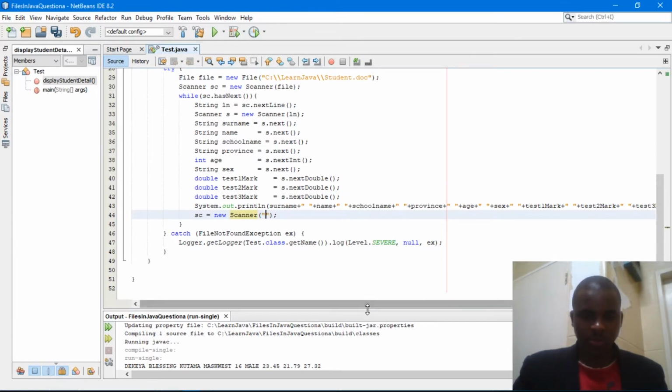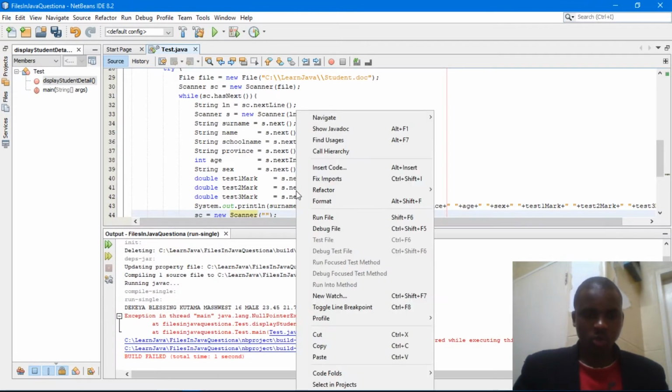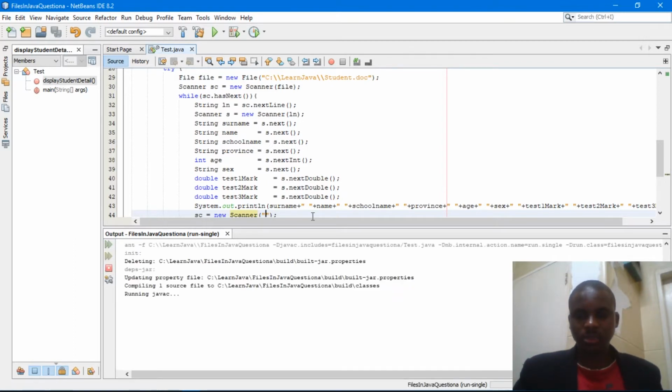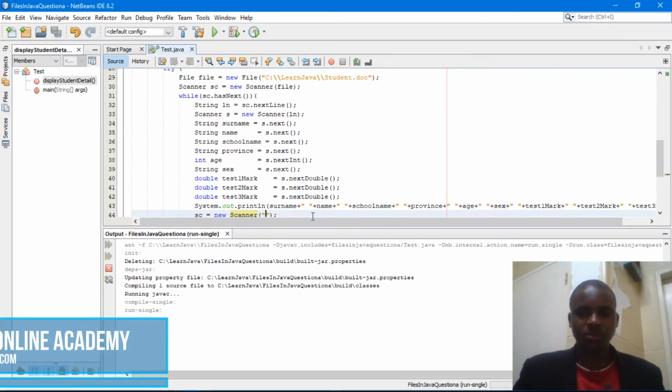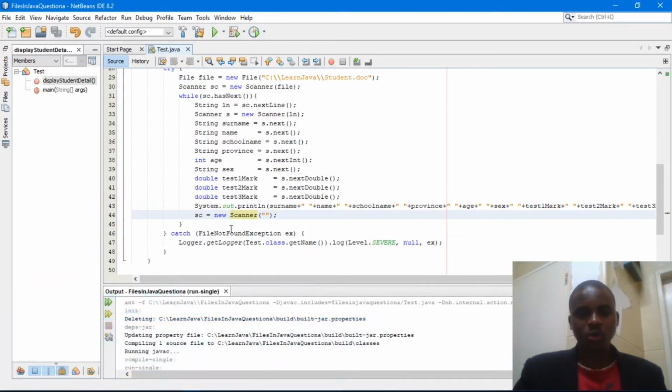Let me run it. I'm just doing some corrections from the previous. So you see here you don't have those exceptions, right? Why? Because the object is not dereferenced, but we give it another new object with nothing. Okay, so now let's do the question B.